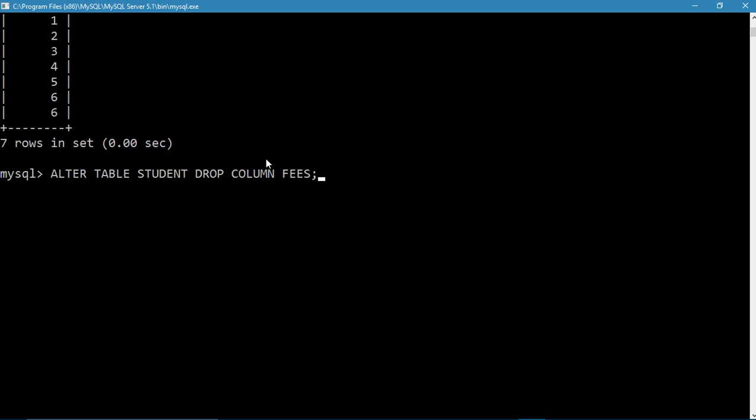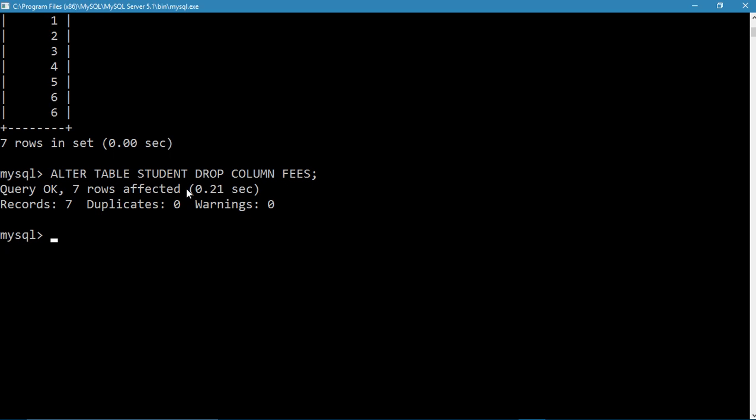So what it will do for me, it will delete that fee column from that student table. See, it will not drop the complete table, it will drop only this particular column. Fine. 7 rows affected.